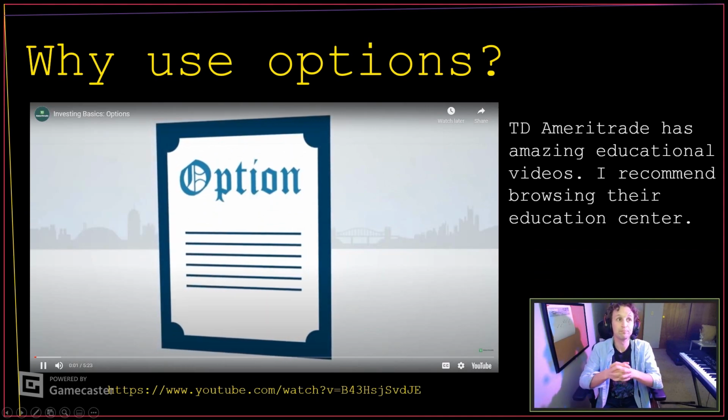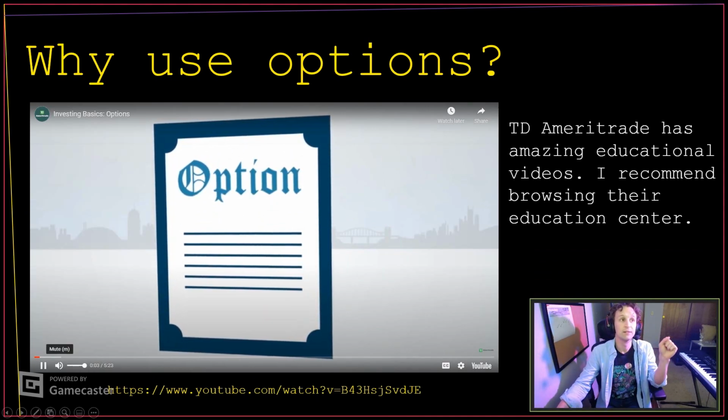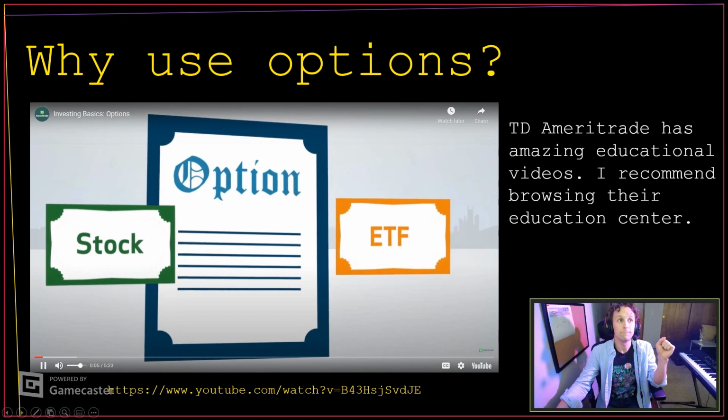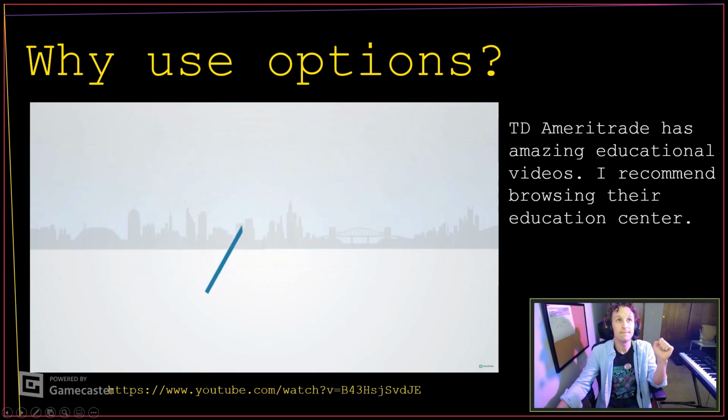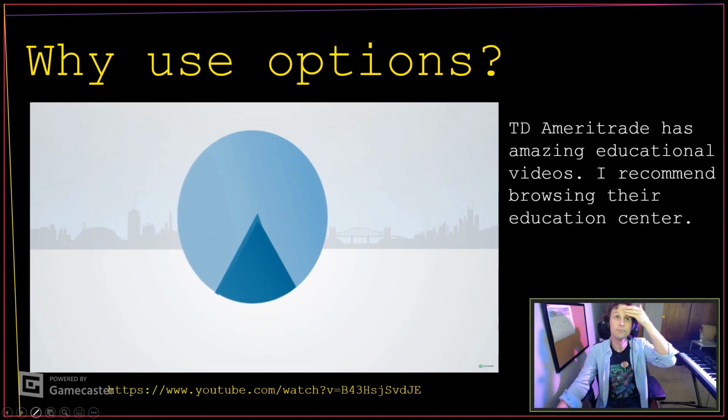Options trading is an alternative way for investors to invest in the performance of a security, such as a stock or an ETF. By trading options, an investor attempts to capture the up or down movement of a security while only investing a fraction of the cost it would take to own the actual security. For example,